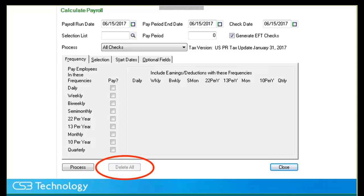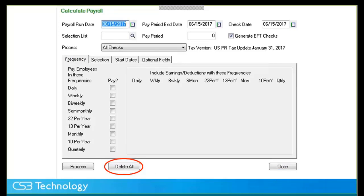So the next one you'll see actually has it where it says delete all is bolded up, which means that there is something in there. So after you run your first calculate for your payroll, going forward, you're probably always going to see it bolded up. We'll see here in a second why I wanted you to know that. And when you click this delete all, it will delete out all the unposted, and we'll go to my next slide,